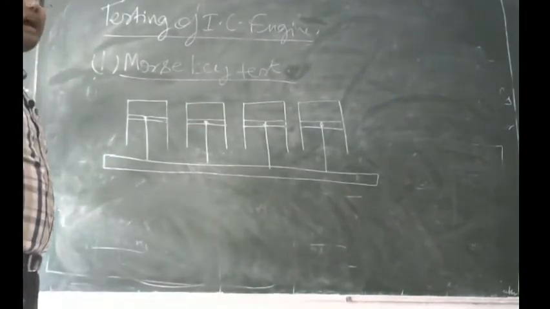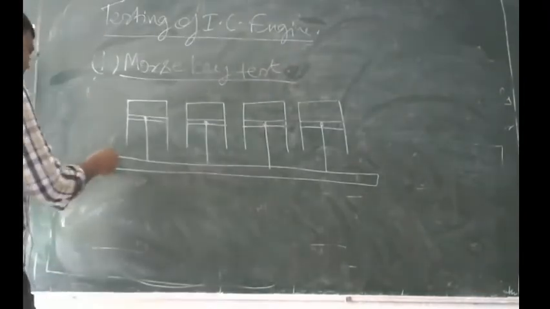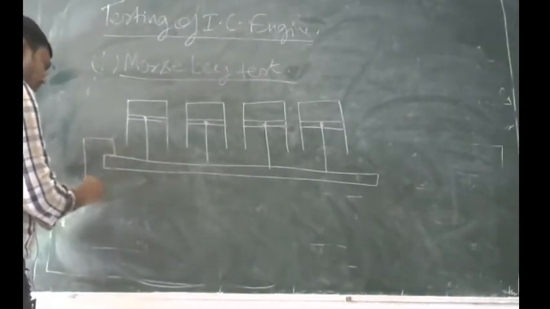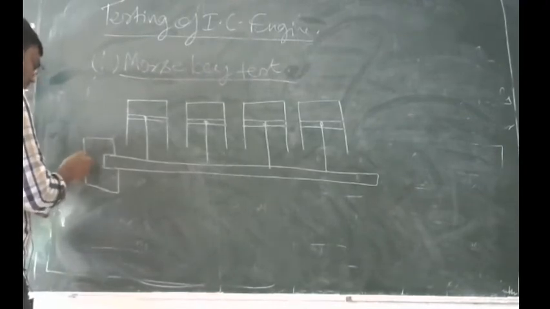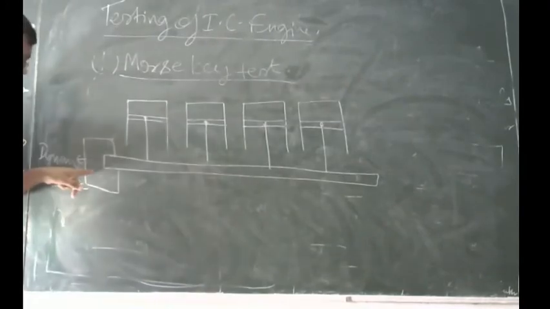So how do we calculate how much power we are getting? We connect this crankshaft with a dynamometer. And when this engine runs, this dynamometer shows how much power is generated from the crankshaft.